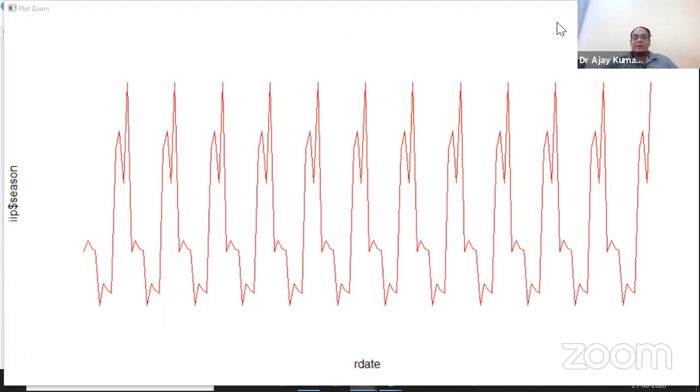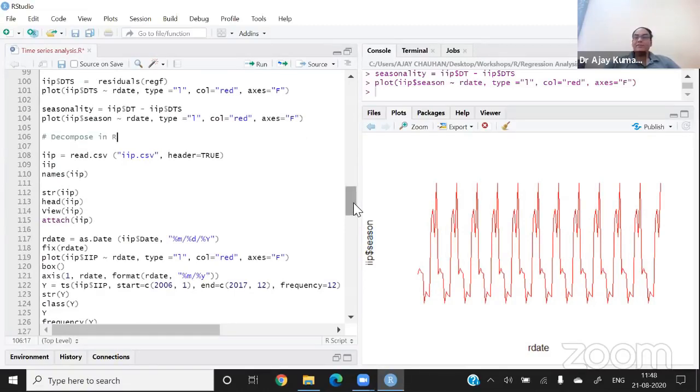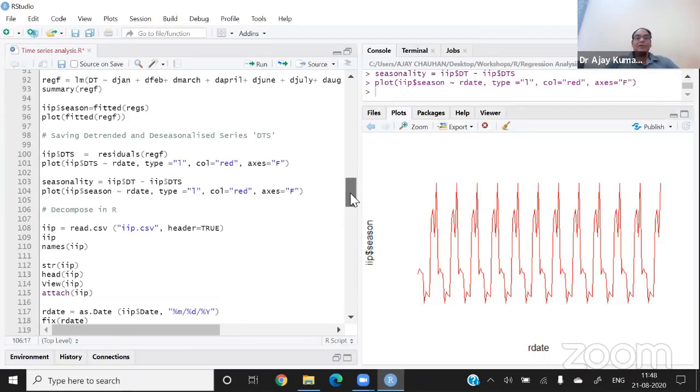And this is the first basic lecture on time series. As we move ahead, we will see many other analyses in time series. Okay, let me move again. Now finally, I have shown you all the methods of de-trending and de-seasonalizing each and everything. So I hope you are happy here. Okay, now I'm moving to the further analysis of the time series.